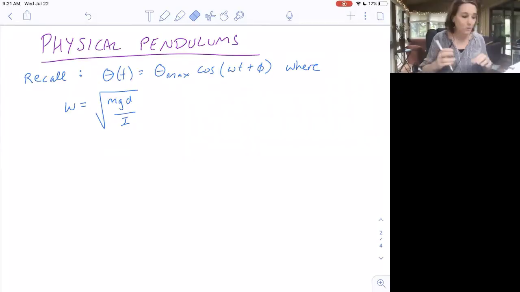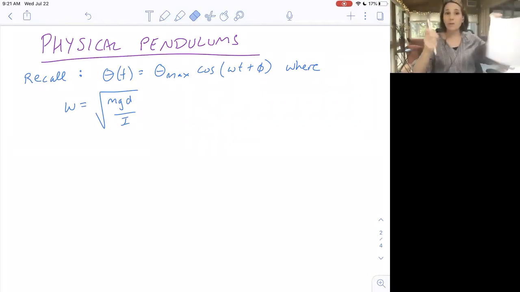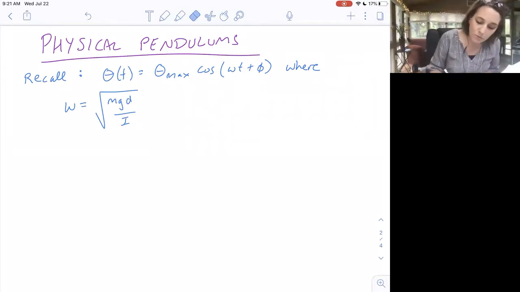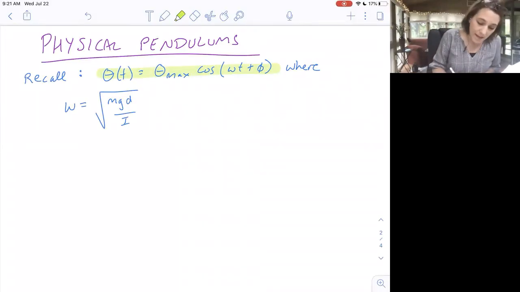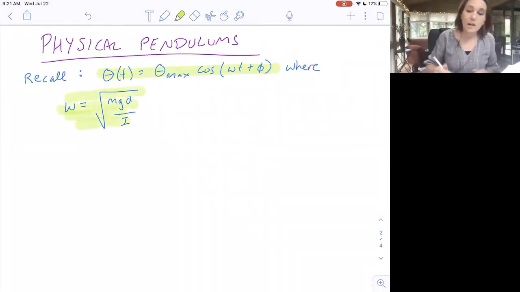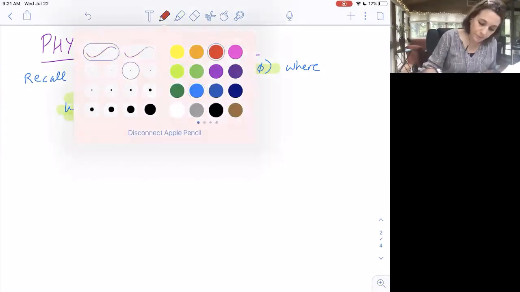It could be the piece of paper oscillating. It could be the rod oscillating. We came up with this result where theta as a function of time is equal to theta max cosine(omega t plus phi). And then we had where omega came from analyzing this situation. So remember, first of all, that